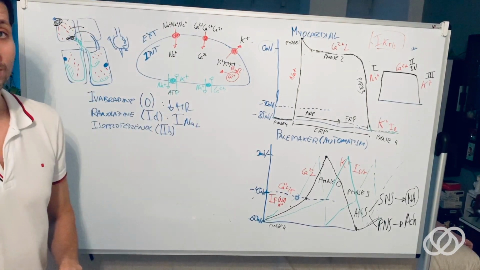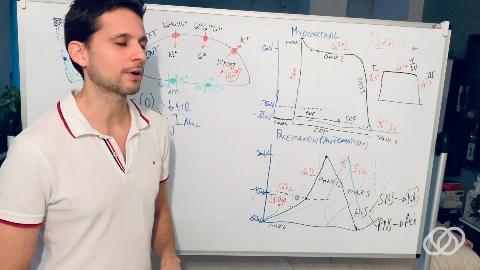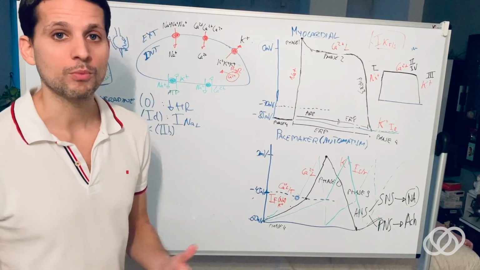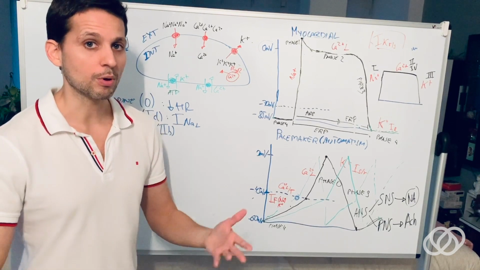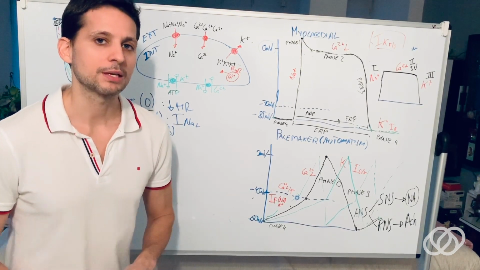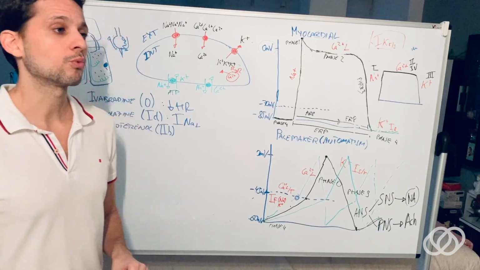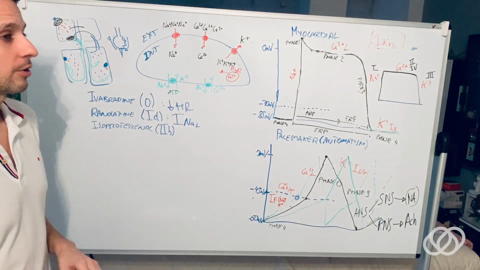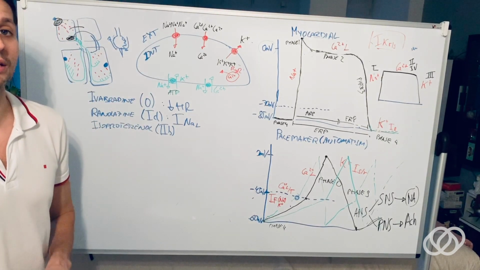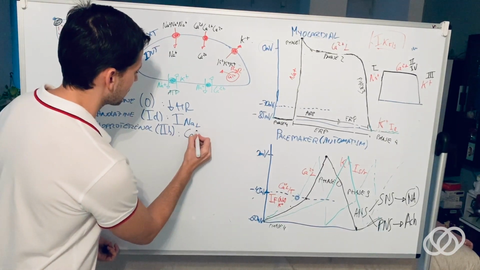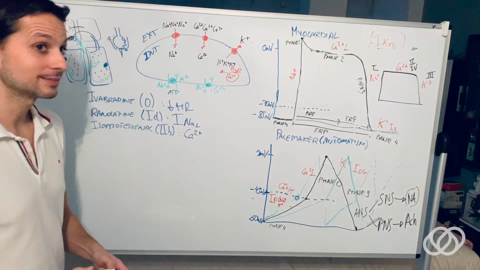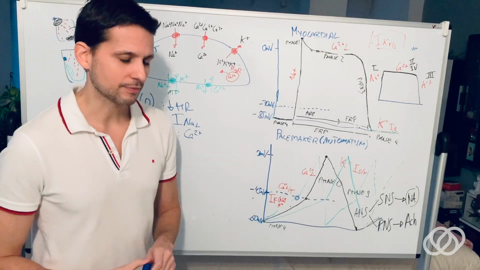So we could say that isoproterenol is a pro-arrhythmic drug, and in fact we use it very often when we perform electrophysiological studies to try to promote the arrhythmias. There are some cases in which isoproterenol, acting on calcium, can have an anti-arrhythmic effect, and it is, if you remember,